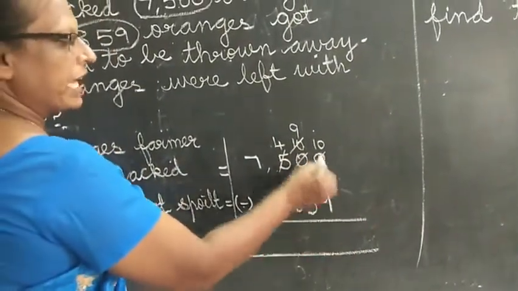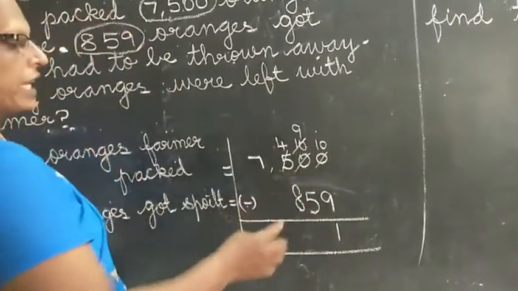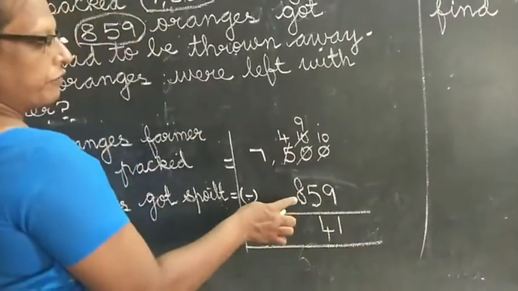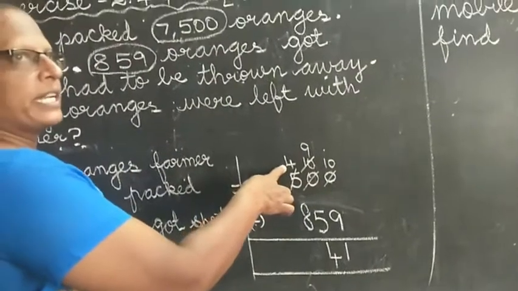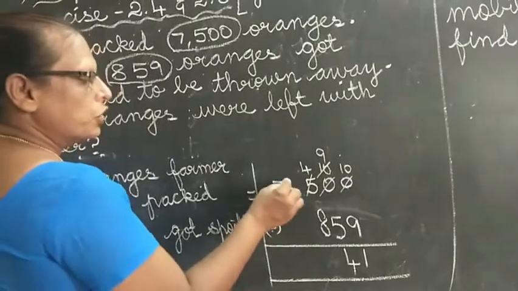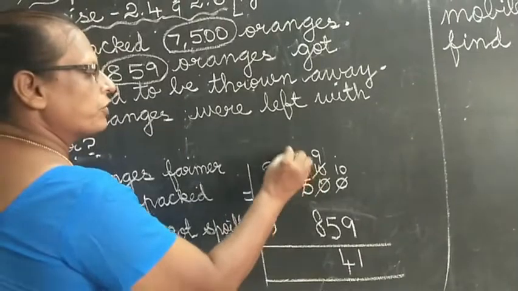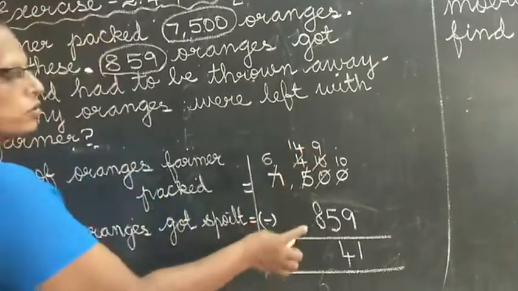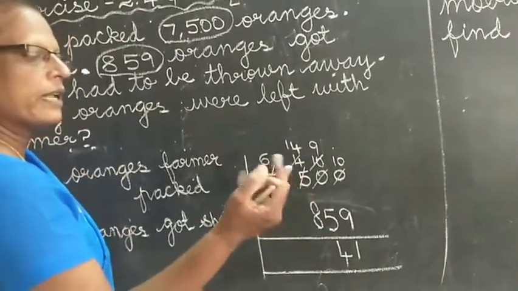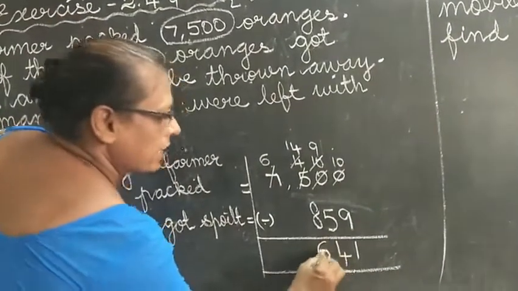Okay. So after 9, 10 means what number children? 1. And from 5 you count up to 9. After 5 means 6, 7, 8, 9. What will come? 4. And from 8 can you count up to 4 children? No, it's smaller than 8. So you have to borrow from the previous number. So the 7 will become 6 and this 4 will become 14. So after 8 you count up to 14 children. After 8 means 9, 10, 11, 12, 13, 14. So what number? 6. And now here 6.